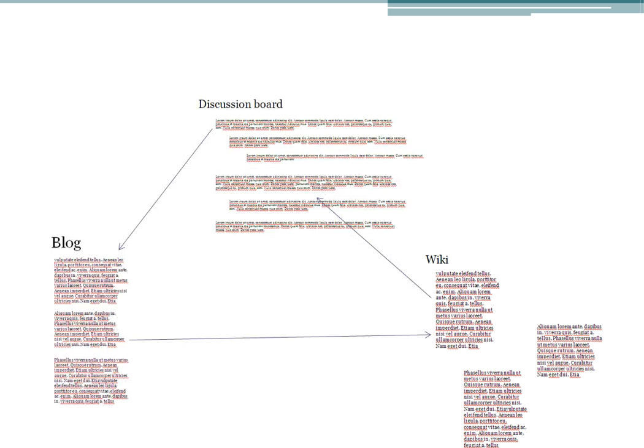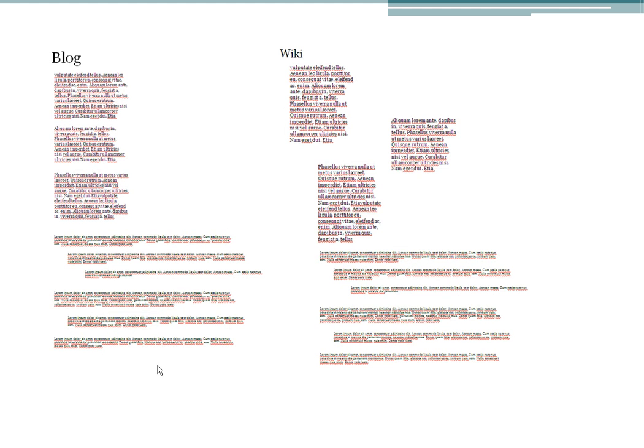So just to finish off, wouldn't it be great if these tools were more connected between each other, so that if I'm in a discussion board, why can't I suddenly kickstart a wiki page about that discussion that I'm having, where we can work more collaboratively on a discussion here, and why can't I kick a piece of information into my blog here to expand in a different way? And lastly, why can't we have discussion boards that run